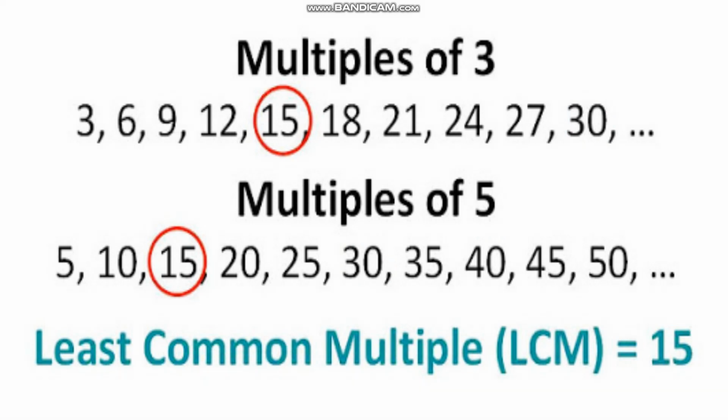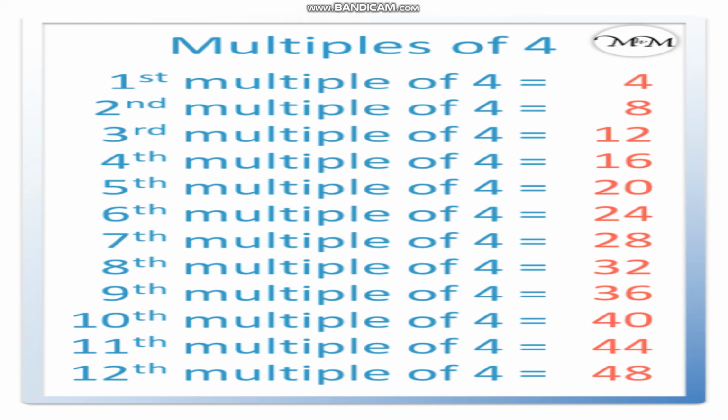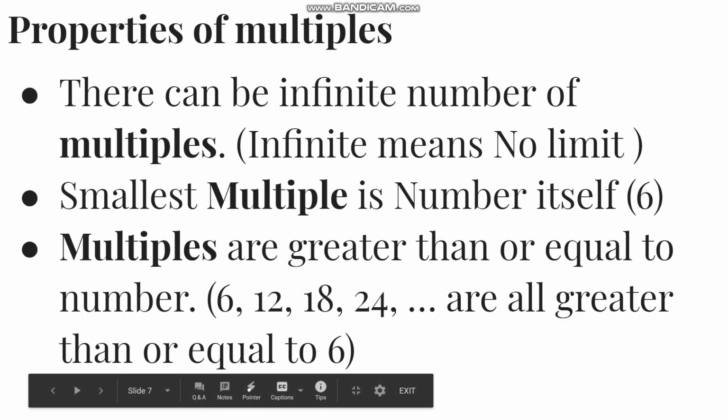Now let's move ahead. You can also be asked like this, write down the 4th multiple of 4 or write down the 8th multiple of 4. So what does this mean? अगर हम पूछते हैं कि 4th multiple of 4 is, that means 4 multiplied by 4. So you will be writing 16. If I say 8th multiple of 4, then that means I am finding out the 8th multiple. So I will multiply 8 into 4, that will be 32. So in this way also we can write the multiples.